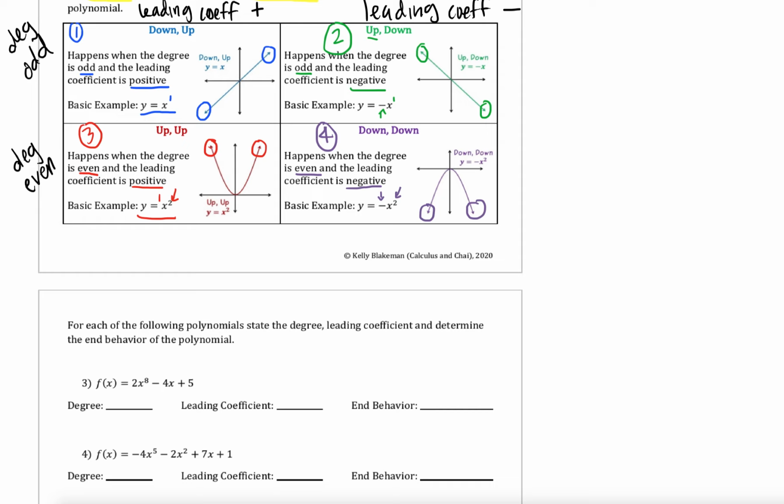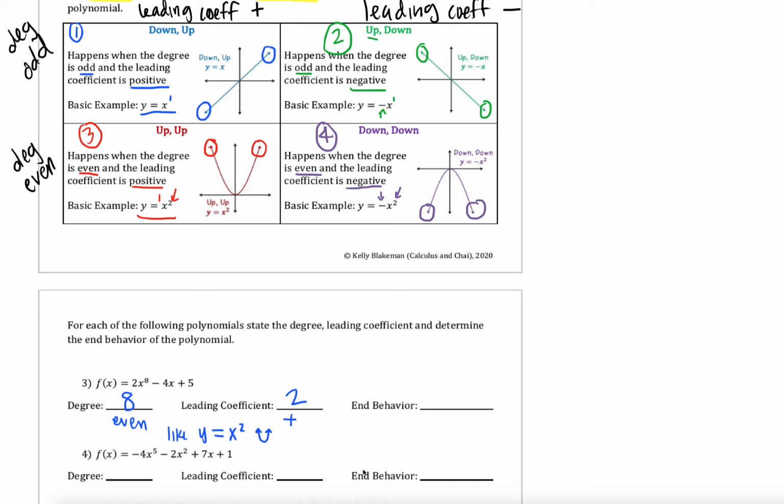So in this case, our degree is going to be 8, since that is our highest power, and our leading coefficient is going to be 2, since that is the coefficient that's attached to the highest power. So our degree here then is even, and our leading coefficient is a positive number. So this is like y equals x squared then. Sorry, that got a little messy. Let's clean that up. So this is like y equals x squared,